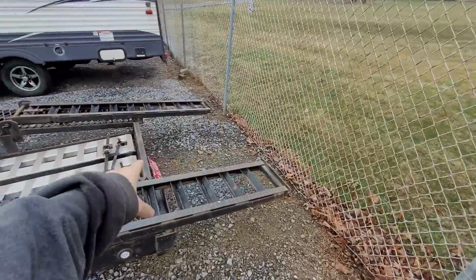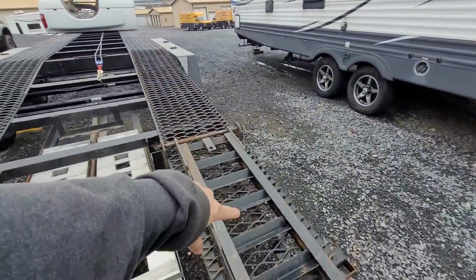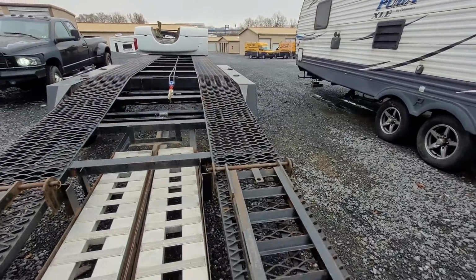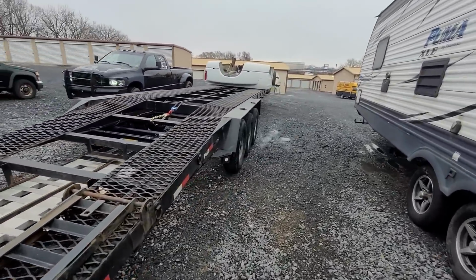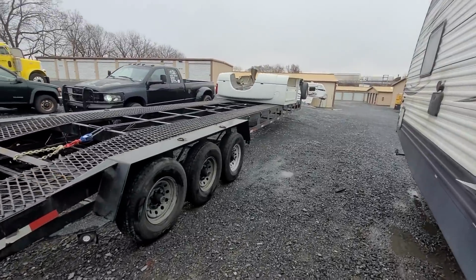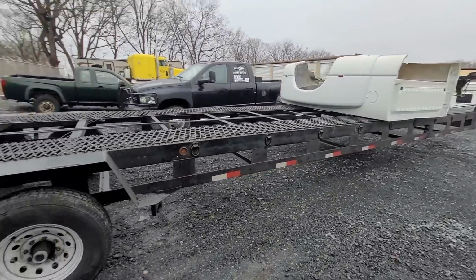But I found one of these trailers. I found a 2016 without the grating. It had an actual steel deck the whole way down. The guy wants, I think it was $11,500 for the exact trailer I have, and his was a 2016. And I'm just thinking, man, do these things really bring in that much? Because I know these things go for like